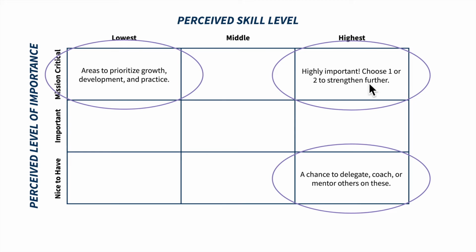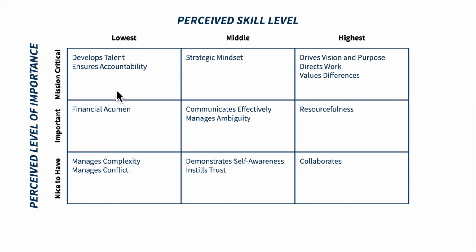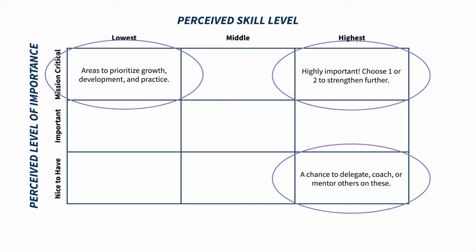Let's start with the top right, that highest level of skill and mission critical on the perceived importance scale. You might want to choose 1 or 2 to highlight here because this is the area that you cannot lose sight of. What's the translation? You perceive yourself as doing well here, and the competency is of utmost importance. Keep doing what you are doing and begin to capitalize to strengthen even further. Did you have anything in your top left box? The lowest skill and mission critical box. If a competency shows up for you there, this is a great sign to prioritize your development on 1 or 2 of these. Let's say nothing fell into this category.